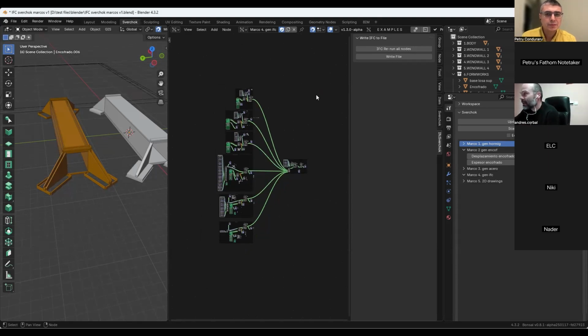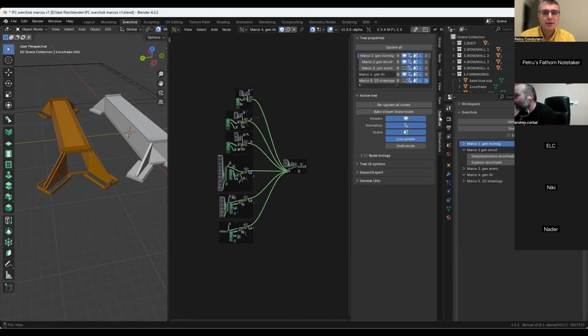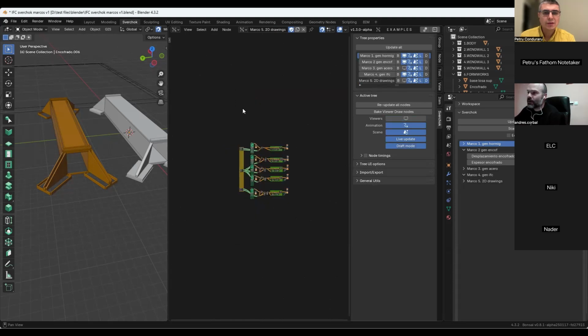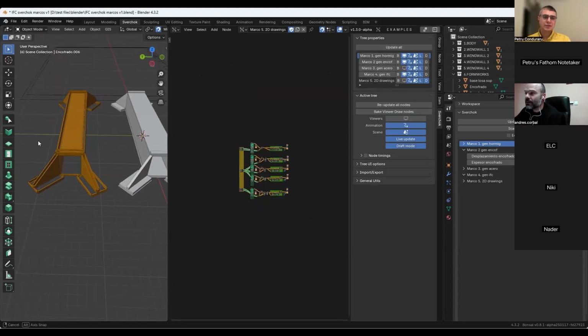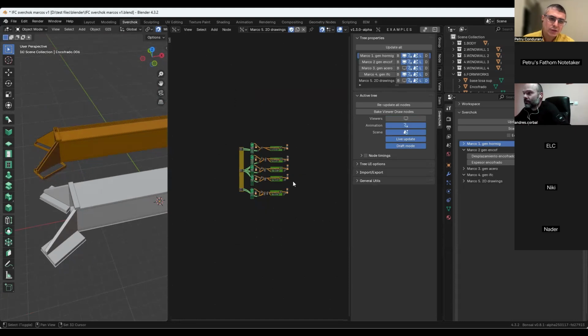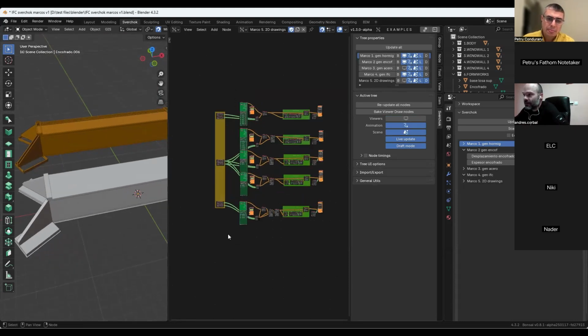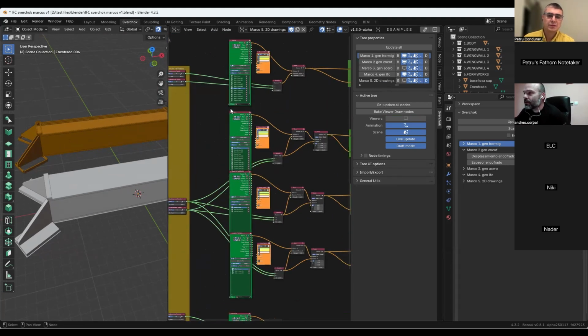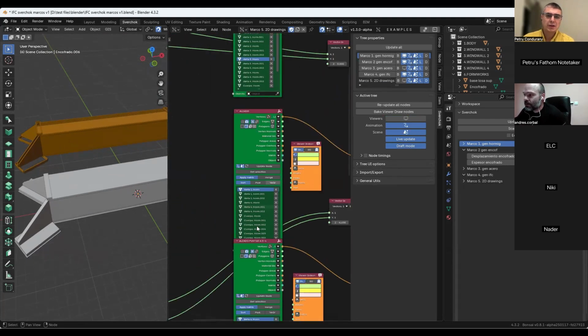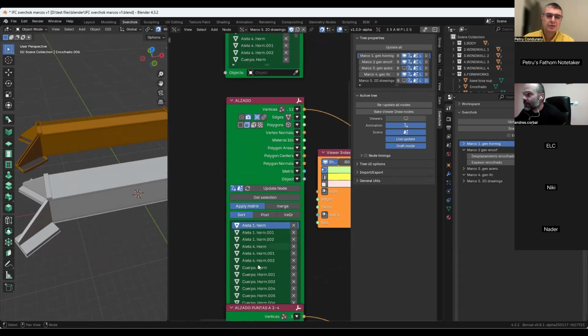More or less, this is the thing. I show you another tree. This is for the drawings. This is very simple. Again, the same as the formwork. You capture the geometry of the scene with nodes. You can capture anything you want from the scene.